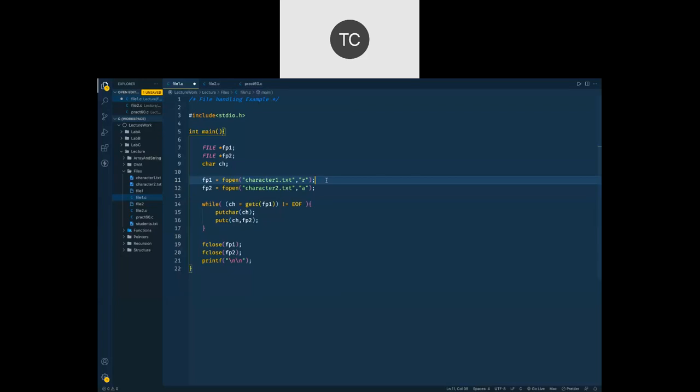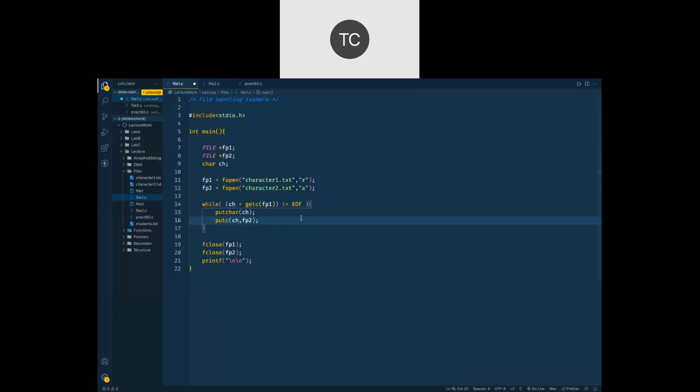Well, R plus will allow you to read and write both, but it will not generate a new file if the existing file is not present. Whereas W plus is going to generate a new file if the given file does not exist. And A plus is just append plus, so it is going to append everything, whereas W is going to overwrite existing data.